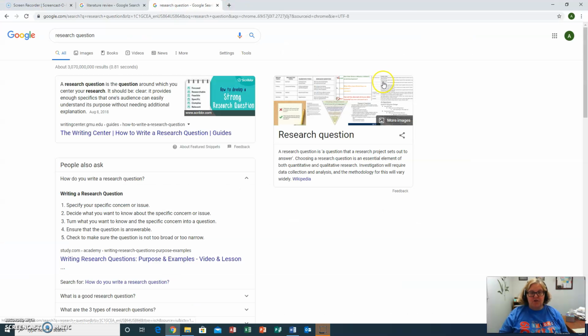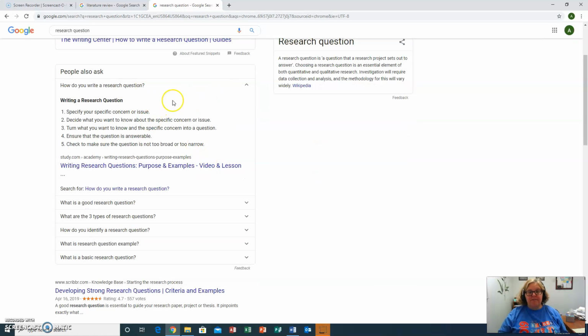So, research question. Here's quick Google advice: it provides enough specifics to one's audience to easily understand its purpose without needing additional explanation. And how do you write one? So what is the topic? What do you want to know about the topic? That's really important. It's a question of, well, what happened? What, who, when, where, why? Those kinds of questions will help you decide what you want to know. Turn that into a question. Ensure it's answerable, so it can't just be,